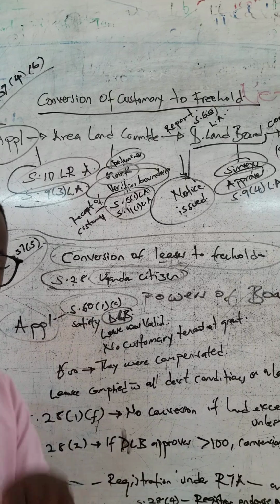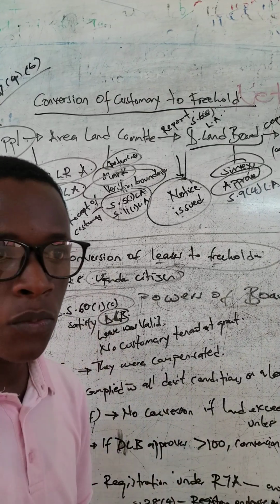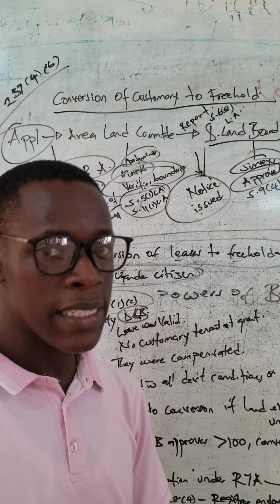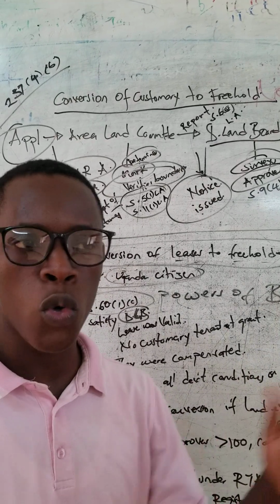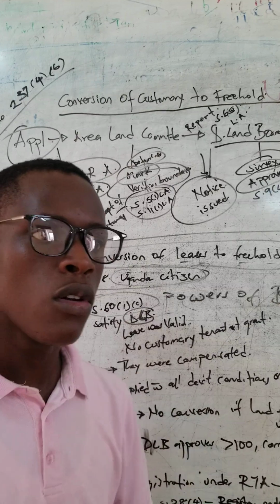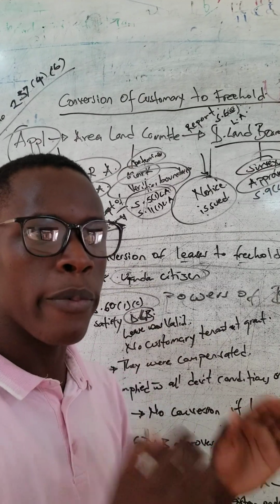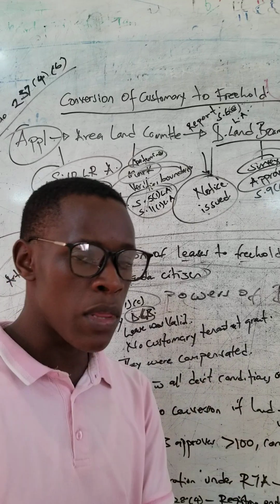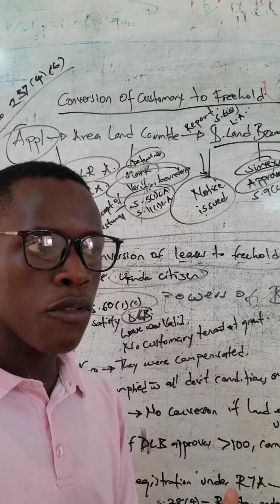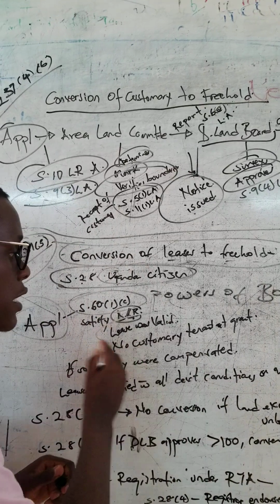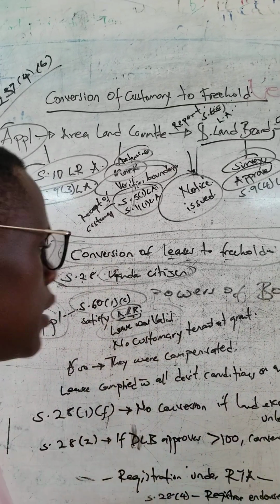First of all, it must make sure that the lease was valid. What do I mean by valid? You received that lease through good means, in accordance with the provisions of the law, or the provisions of the Commission of Lands. The lease that you want to transfer into freehold must be valid. So put that in mind. That is one of it. It must be valid. Secondly,